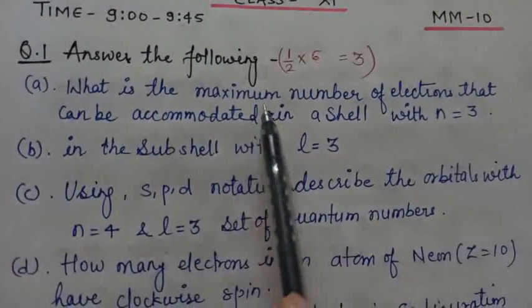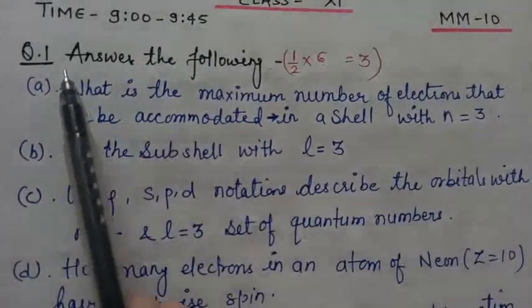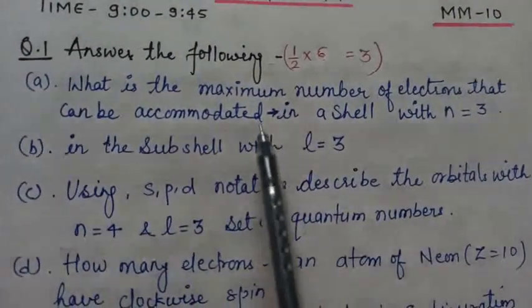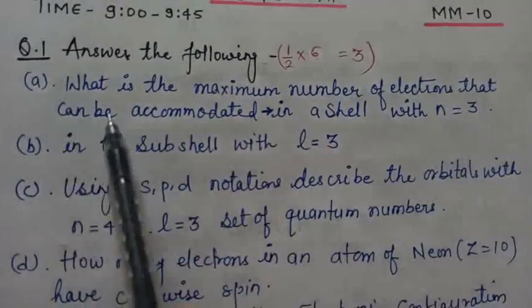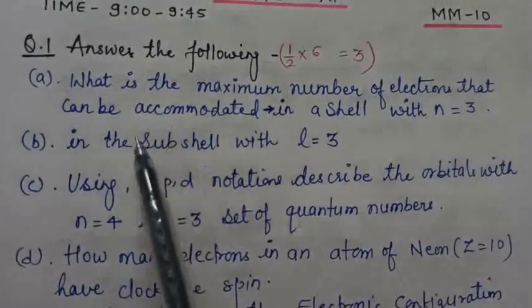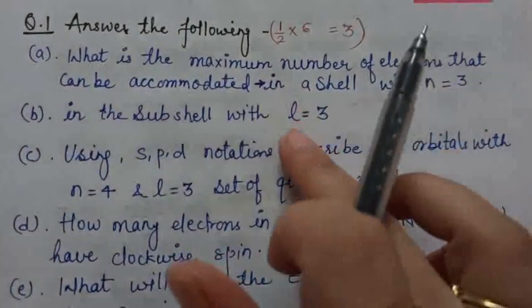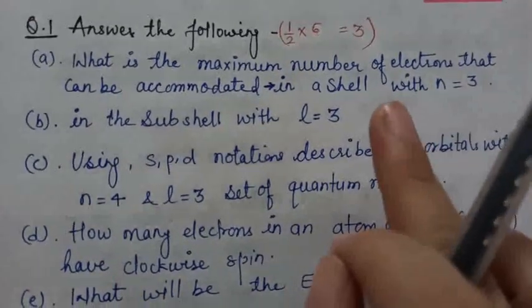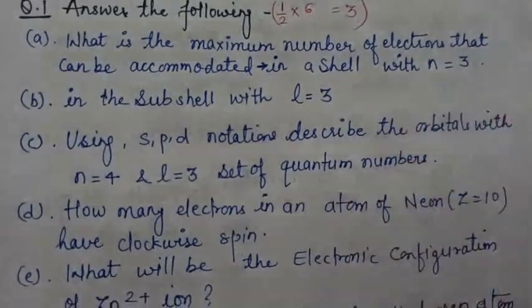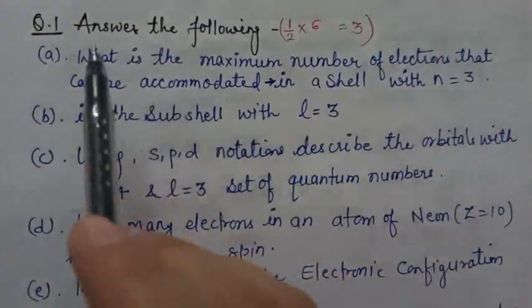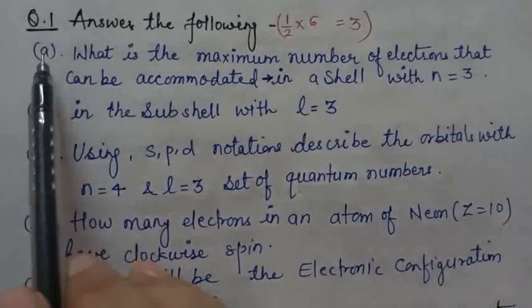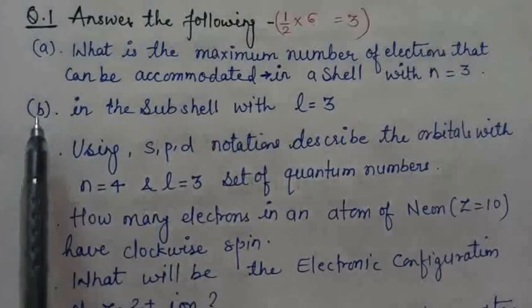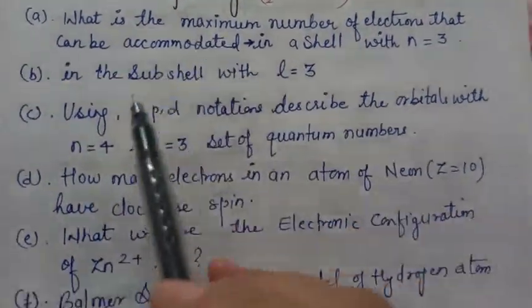Okay, so this much part, from what till accommodated, this portion is same for both the questions A and B. For these questions, do not write any theory. Only one word, one line is enough. Okay, the answers are not more than that. So what you will write, question number 1, A, whatever is your answer, B, whatever is your answer, like that.